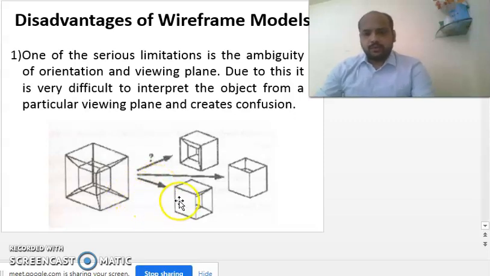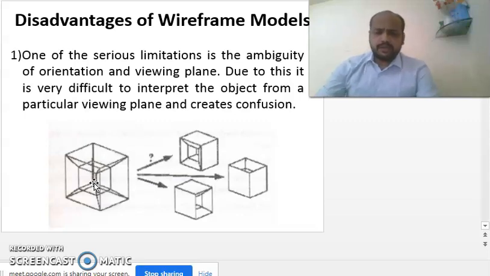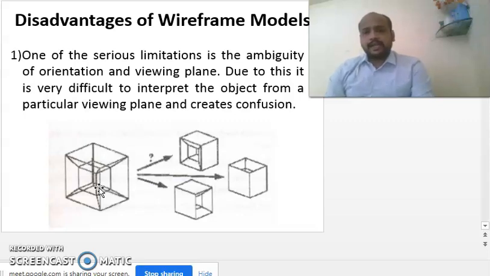See, if you see the object from this side, it will look different. If you see from this side, it will look different. If you see from this side, it will look different. It is okay because it is a view from a different side, but you cannot exactly interpret what is the orientation of this object. This is the problem.